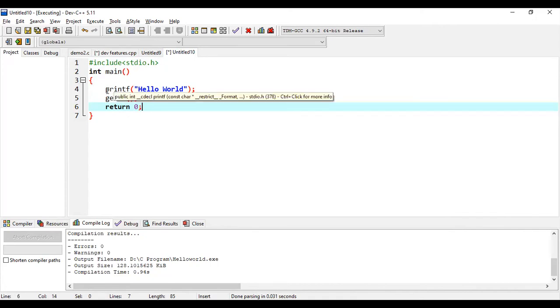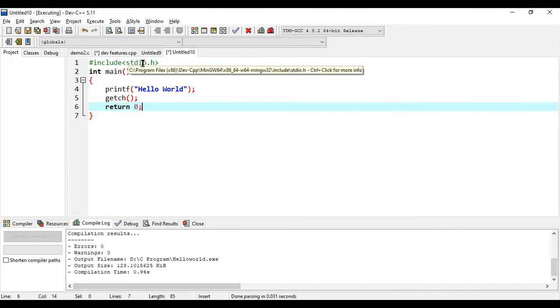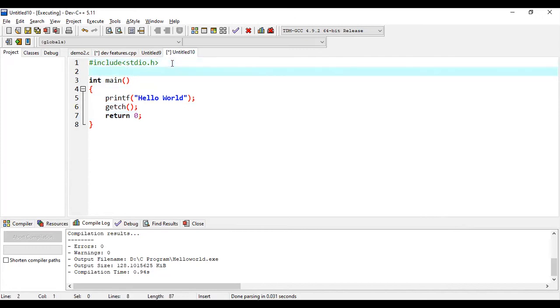Here we are going to make use of a printf function. This function can be referred from this header file stdio.h, and we have to include one more header file, #include conio.h.